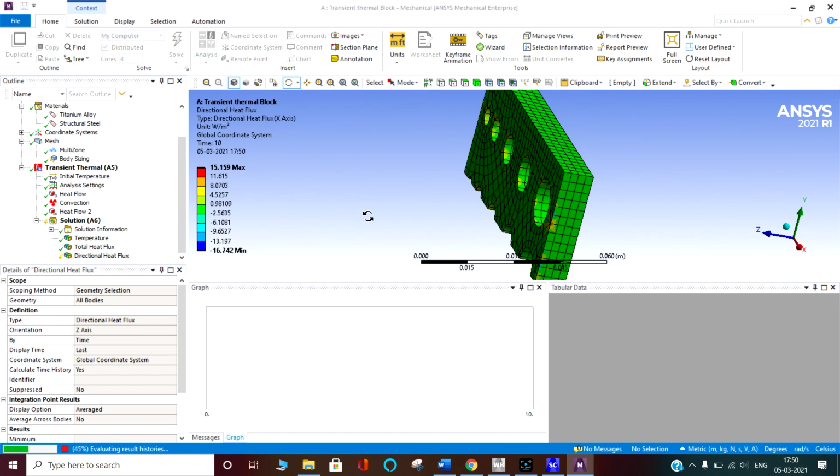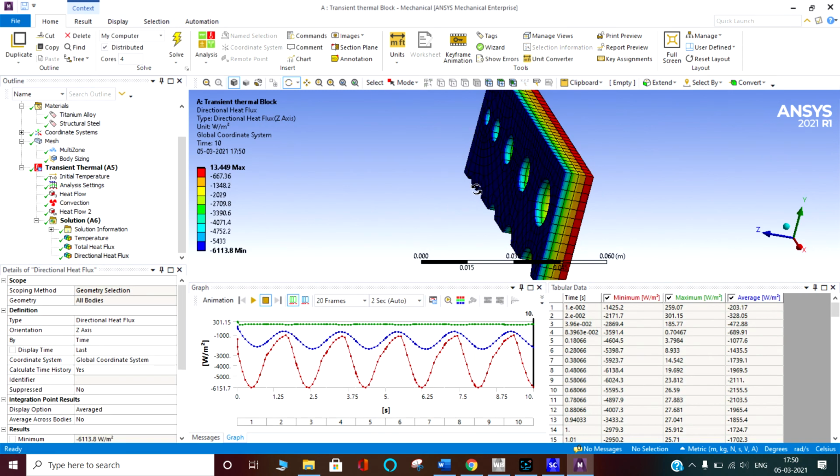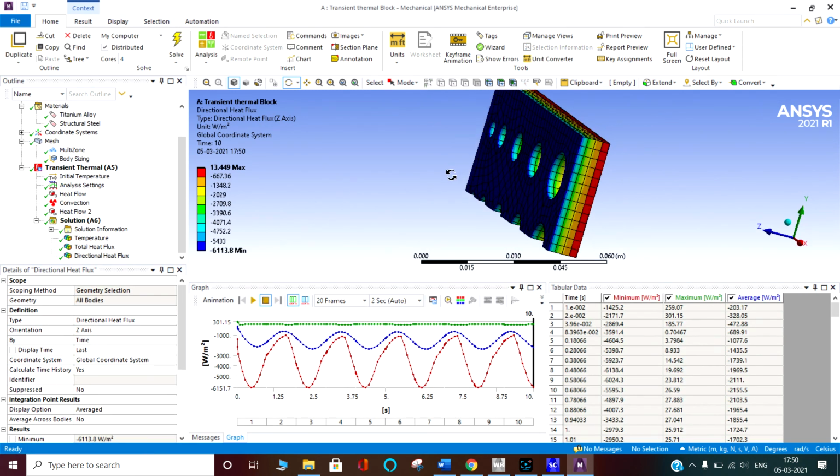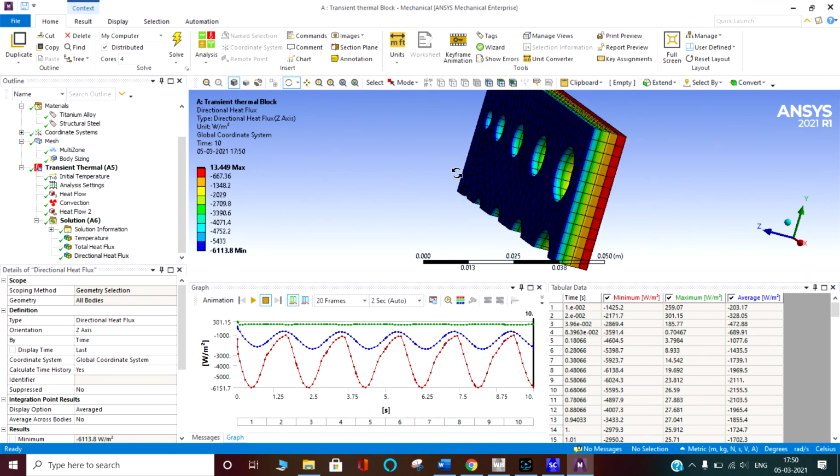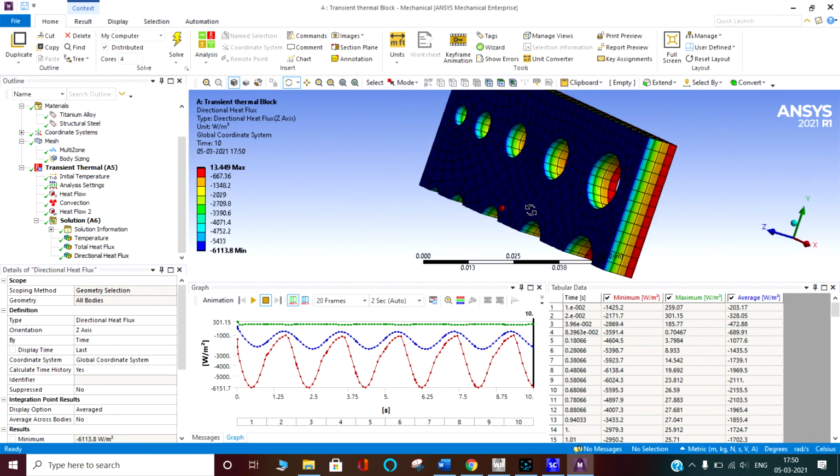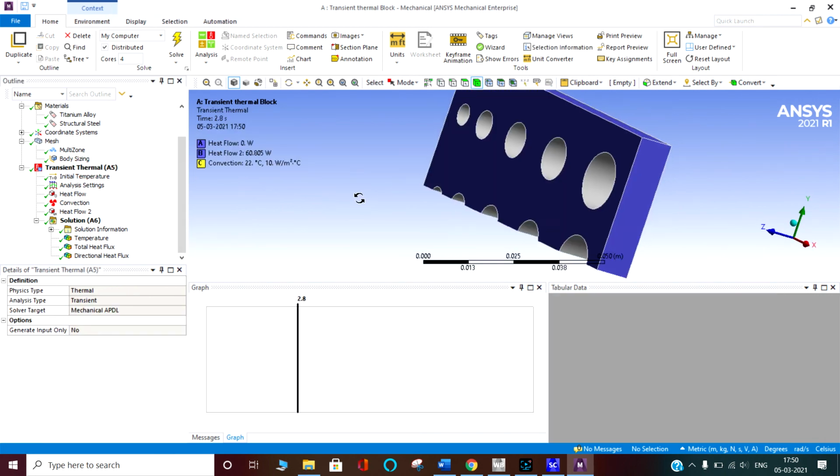Evaluate all results. Okay, in the z direction, the directional heat flux, in watt per meter square. You can see the directions, first of all the heat flow.